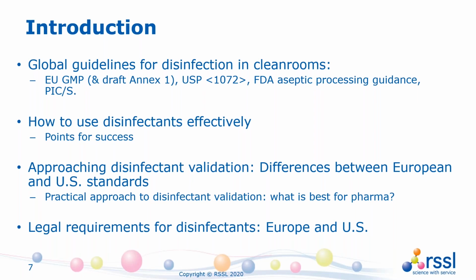It's a pleasure to be back with you again. So we're going to try and cover what was quite a big area. We're going to touch on some of the key aspects relating to cleaning and disinfection and tie this up to what the global GMPs are actually asking for. So we're going to have a look at the global guidelines for disinfection and cleaning of clean rooms, touch on what the revised Annex 1 is saying, and also what some other applicable standards are saying, such as USP